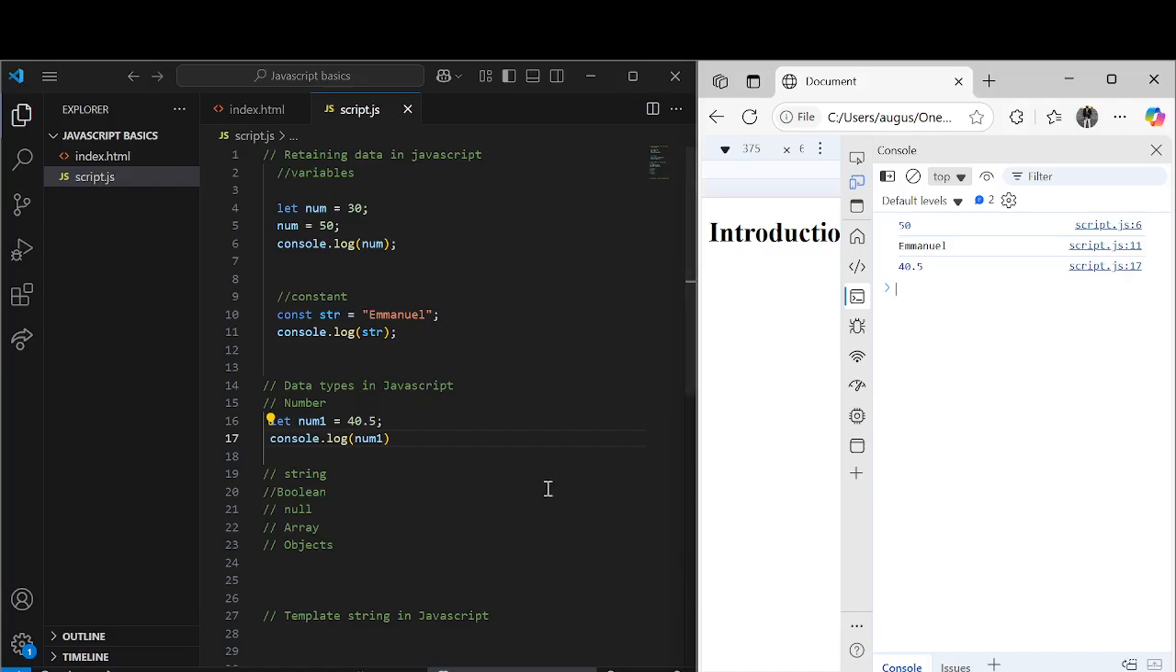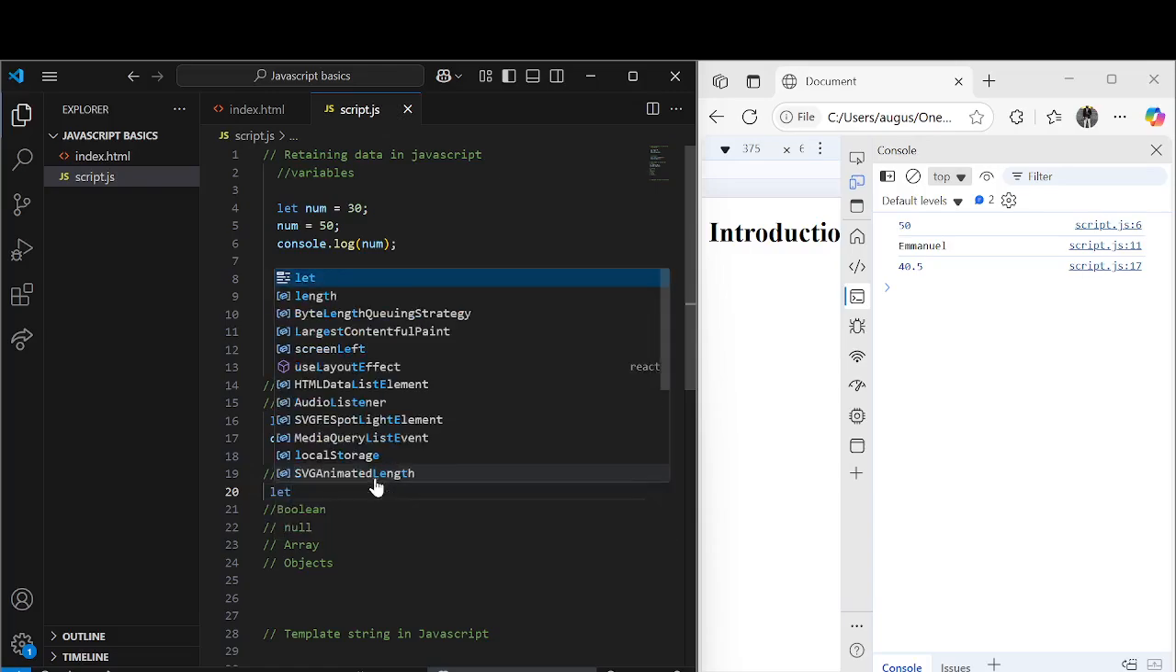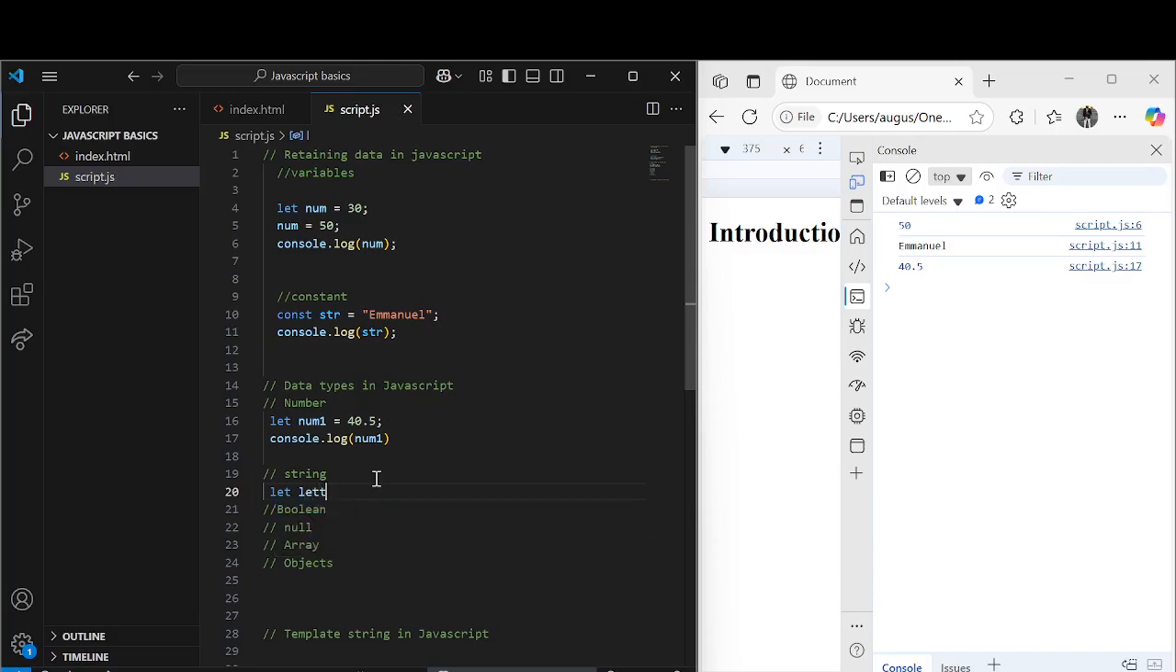So the next is what we call a string data type. String data types are text, I mean alphabet letters. So letters are called strings. They are the string data type in JavaScript, all right? And they are written like this. So let's say let letters